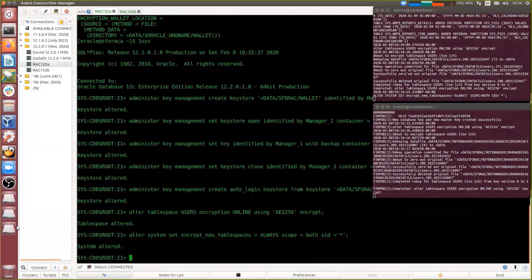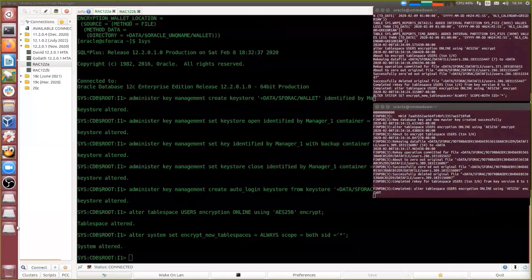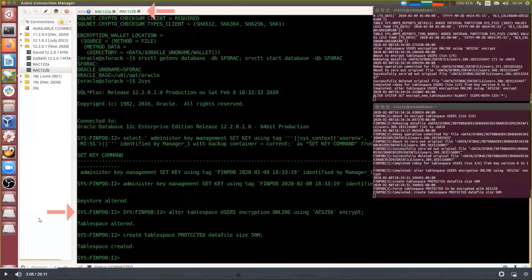Imagine you have an application that installs a database application, and that script creates tablespaces. Then most likely that script doesn't have the encryption syntax with it. So in this case, all those tablespaces that the application creates will be created encrypted from the beginning. That's what you do with this new system parameter. Okay, so now we create a tablespace without the encryption syntax, and in the alert log we can see